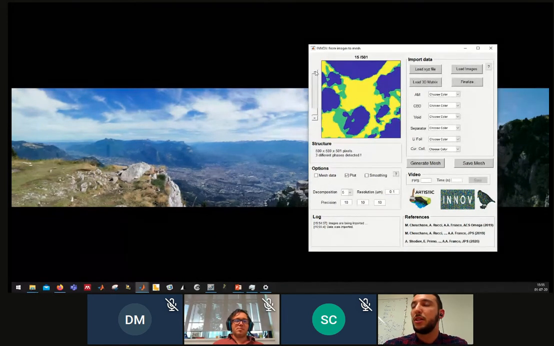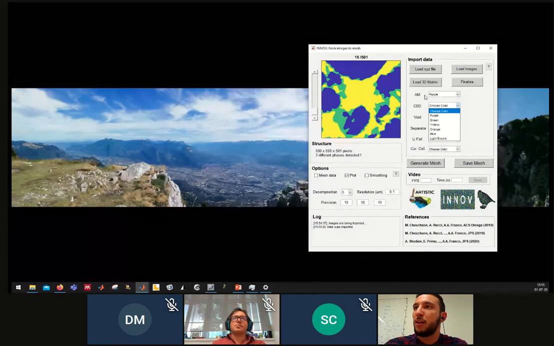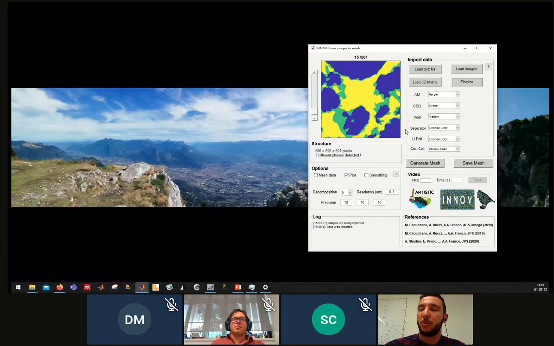Here is the tomographic data I imported. I have to say that in purple I have my active material, here in green I have my CBD, and in yellow I have my void. You need to say it each time, because it might depend on how you segment your images. So just to be sure, I implemented this panel. And we also try to